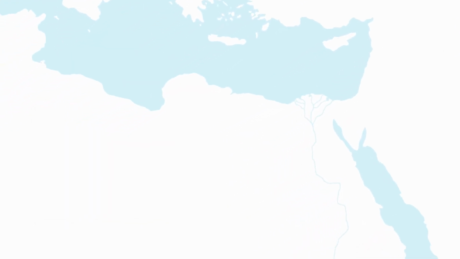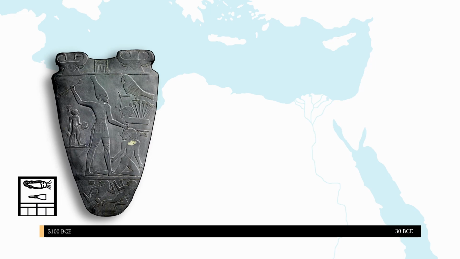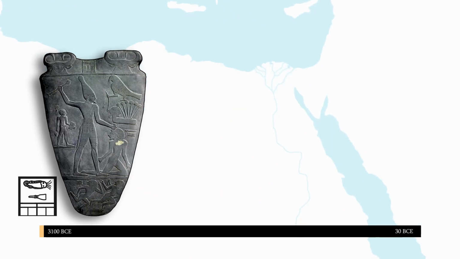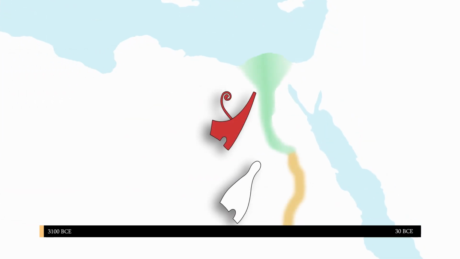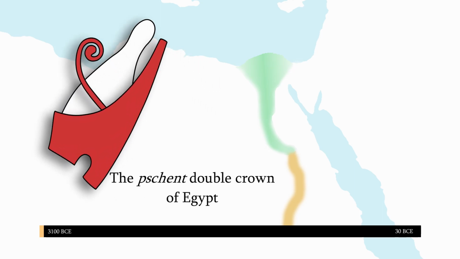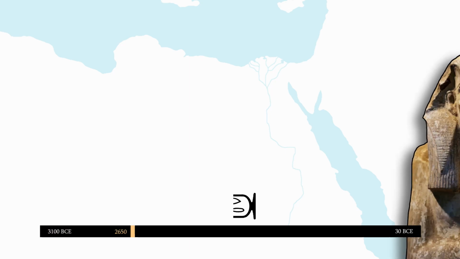Back to the beginning, Egypt was first united by a pharaoh called Narmer. A king from the south, Narmer swept northwards to conquer Lower Egypt and rule the entire Nile Valley. The symbiotic duality became very important in the minds of Egyptians and in the language of rulership for the next 3 millennia. The first monumental stone structure built in Egypt came 400 years later under the reign of King Netjerikhet,